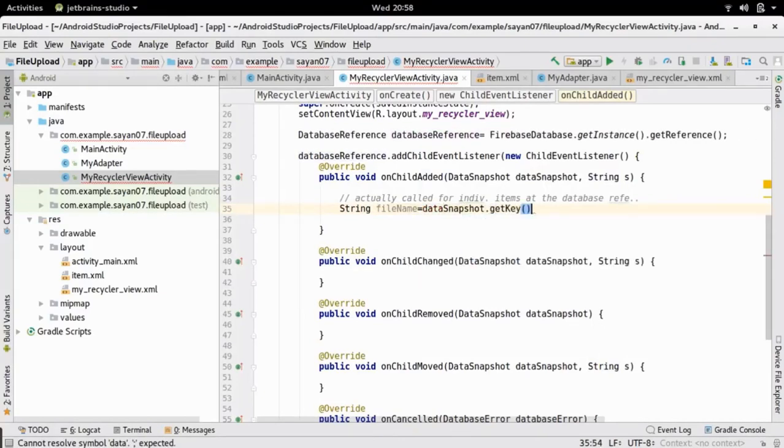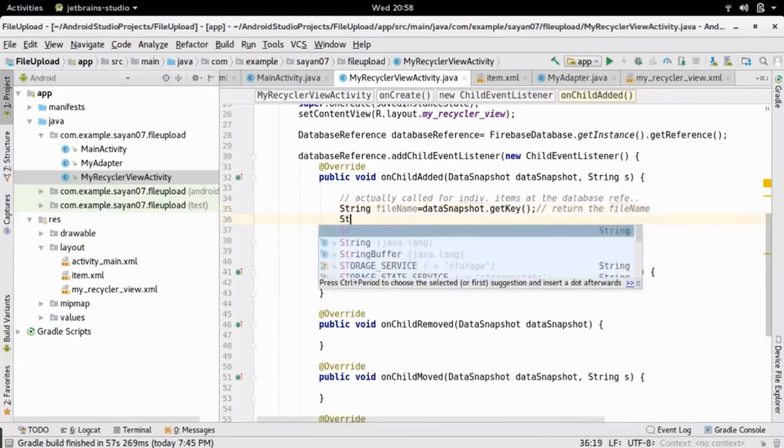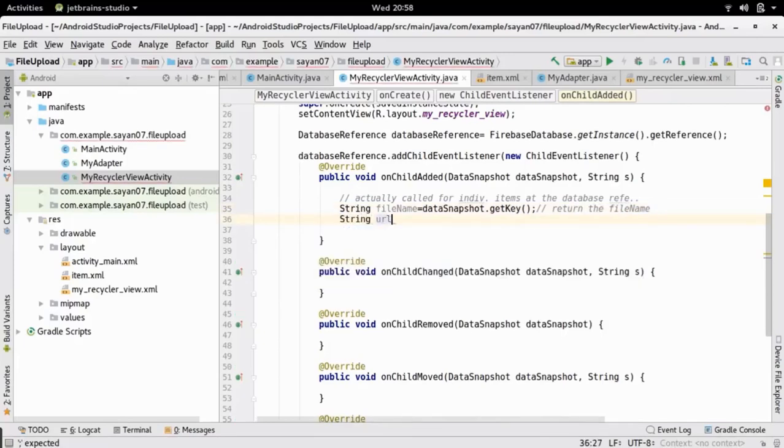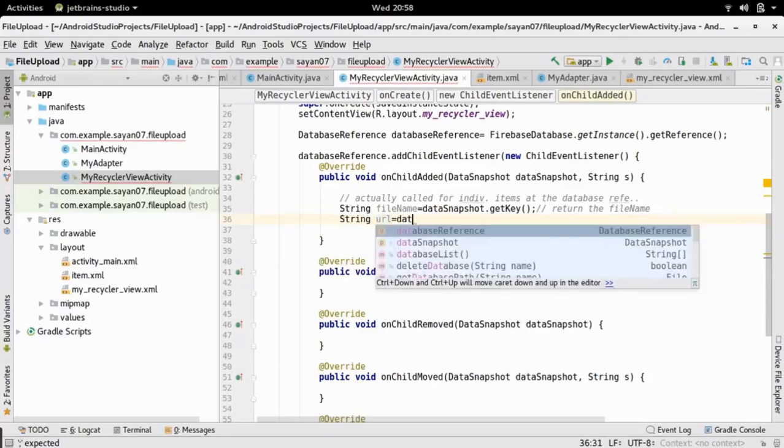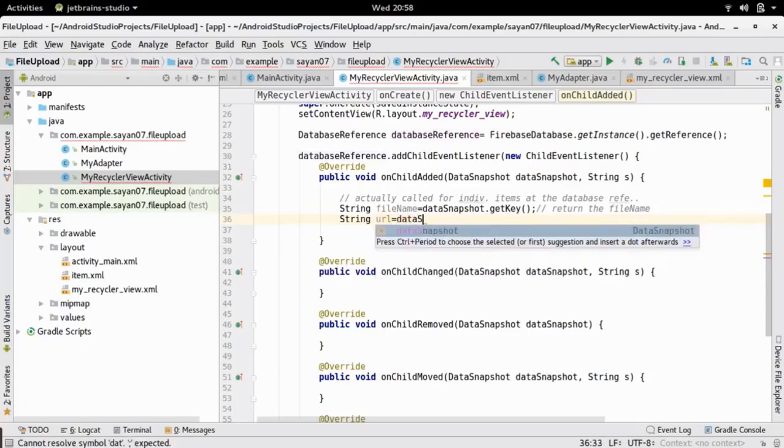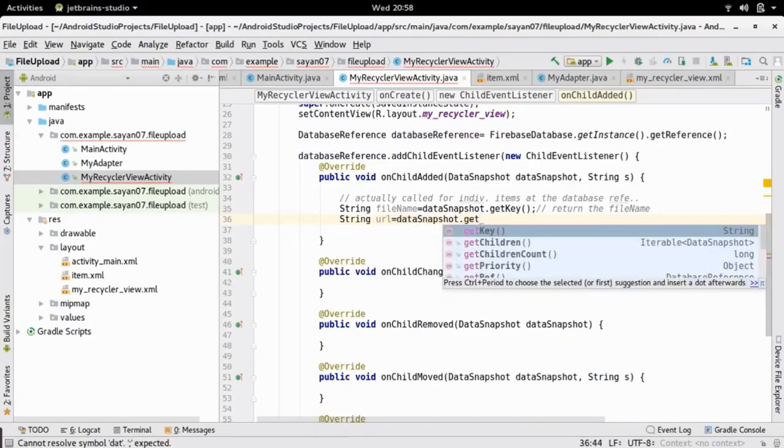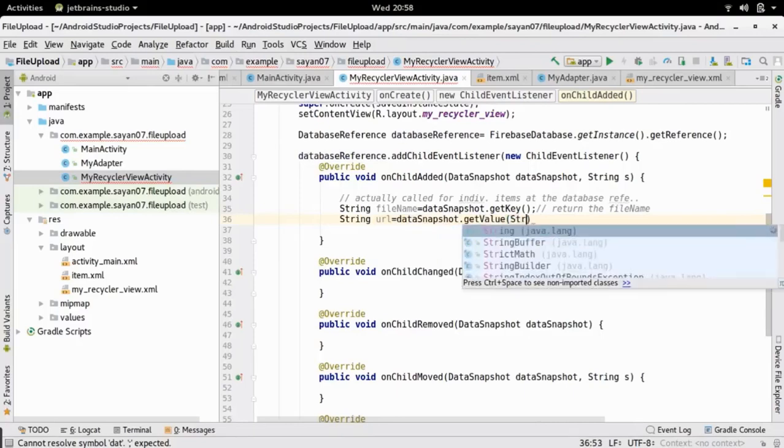So it will actually return the file name, and we can fetch the URL by writing data snapshot dot get value and cast it to string.